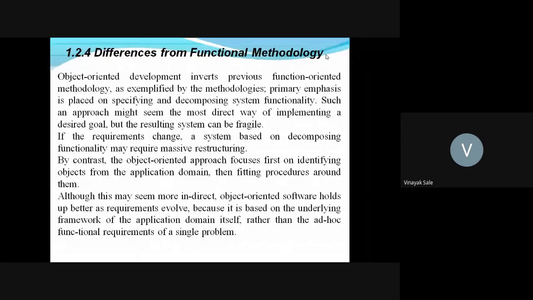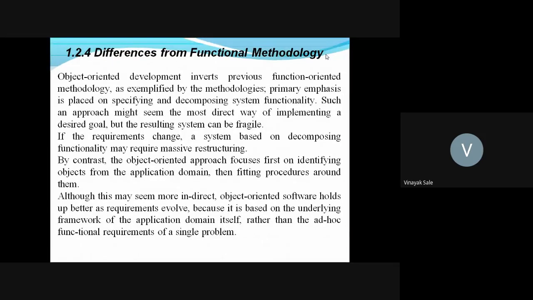Such an approach might seem the most direct way of implementing a desired goal. If requirements change, a system based on decomposing functionality may require massive restructuring.